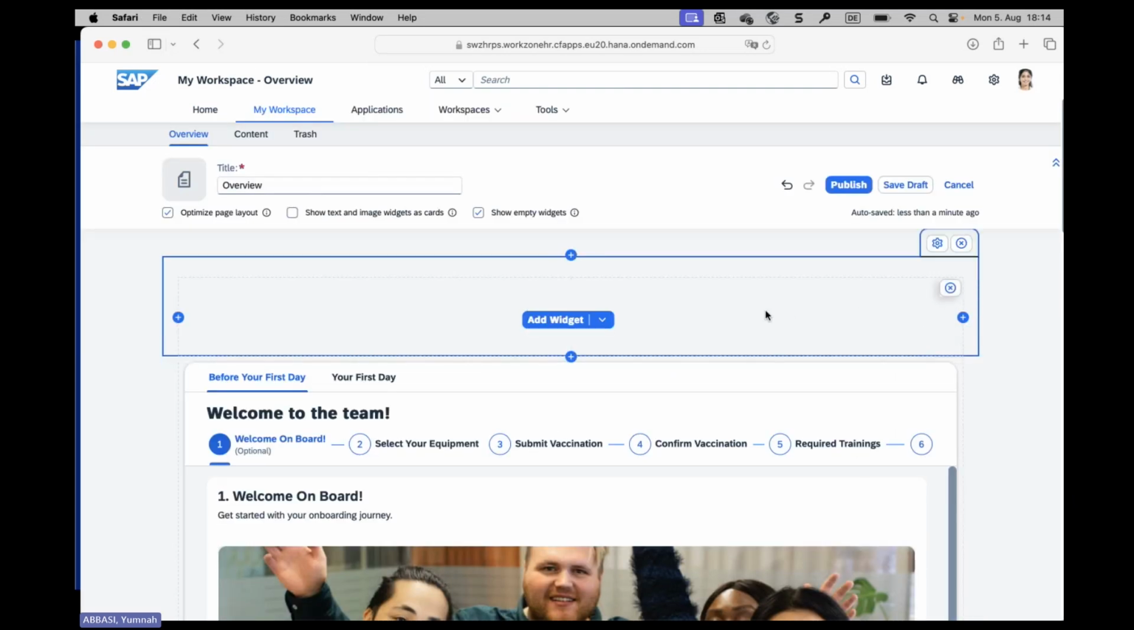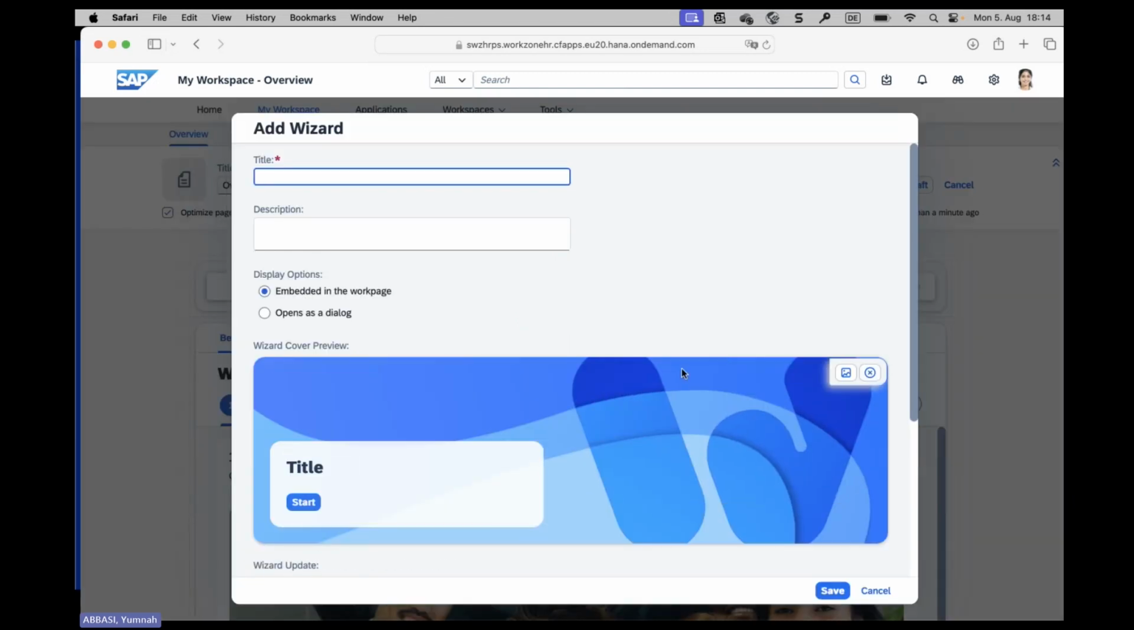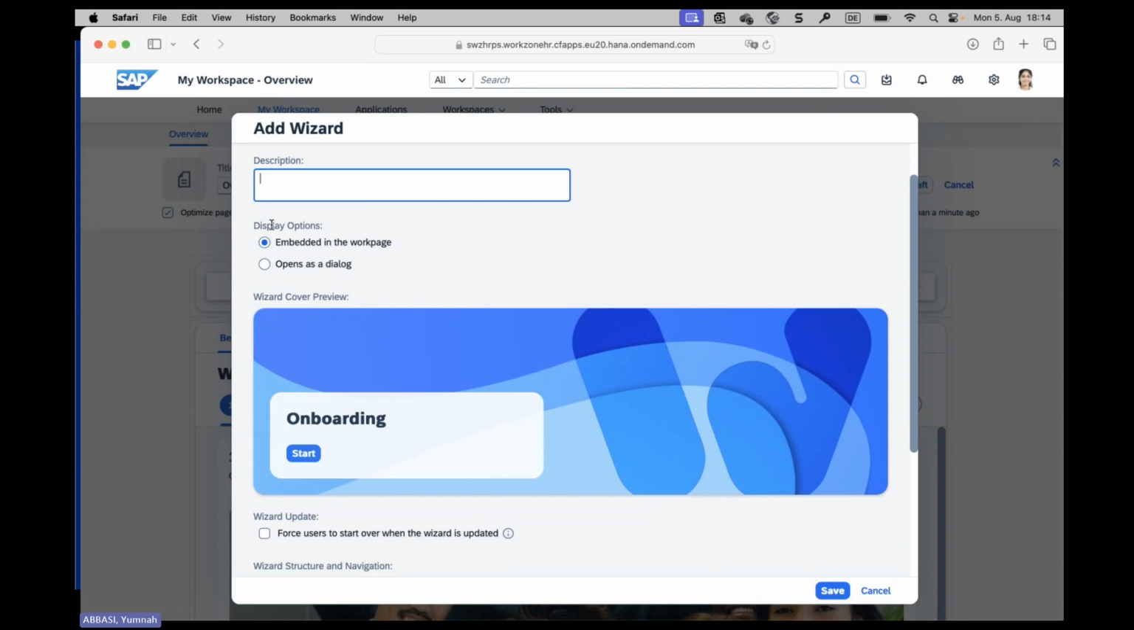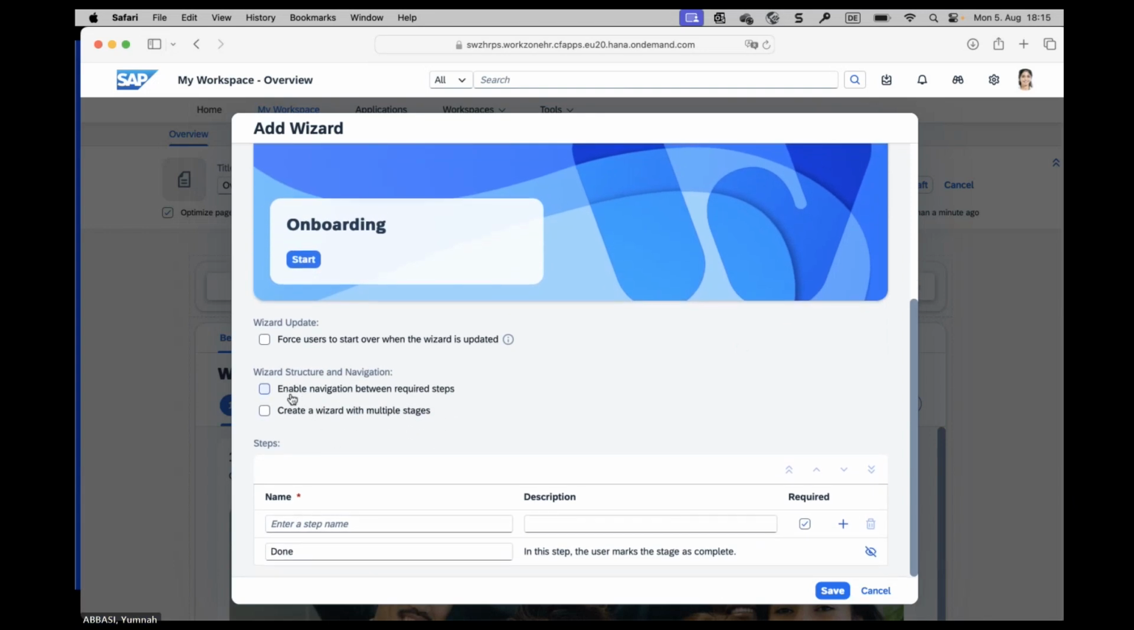So what is new now? In the same way that you were previously adding widgets, now you can also create or add a widget to your page. So on your work page, you can very quickly create a widget. If we talk about onboarding again, you can give a title to your widget, add a short description, and you'll have different display options. You can choose whether you want the work page to be embedded, or to open up in a new dialog. Then you can add a cover photo,